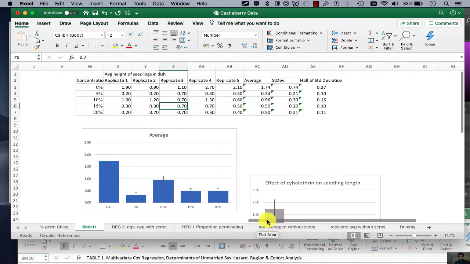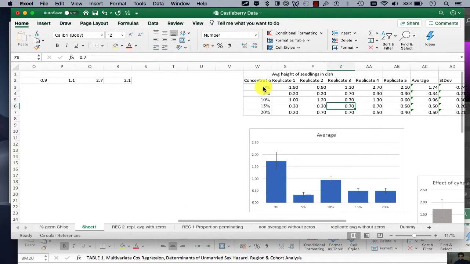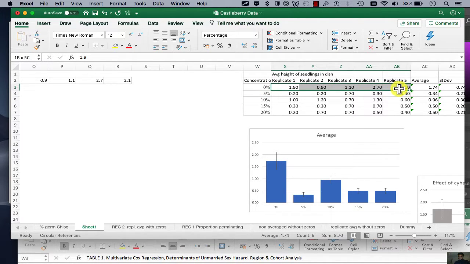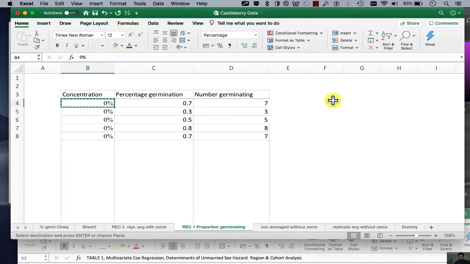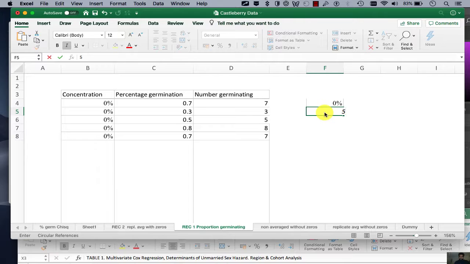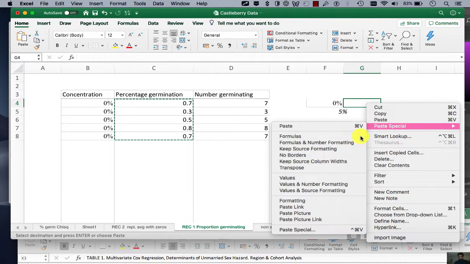And so our modus operandi here, if you remember, was to basically have a single row, one row for each concentration type, and then we take the replicates, we copy them from the long form table and transpose them into rows here. You find the average and standard deviation and so on and so forth. So here you would just do the same thing. You take each of the concentrations, make it its own row, so 0% and 5%, and then you would copy this stuff, the percentage germinating. You would paste it while transposing, paste, transpose,